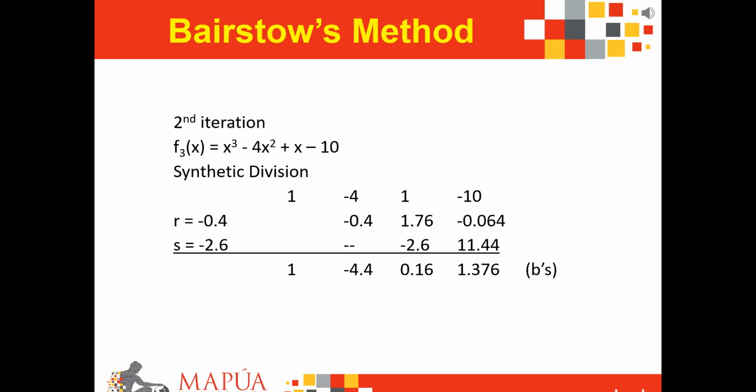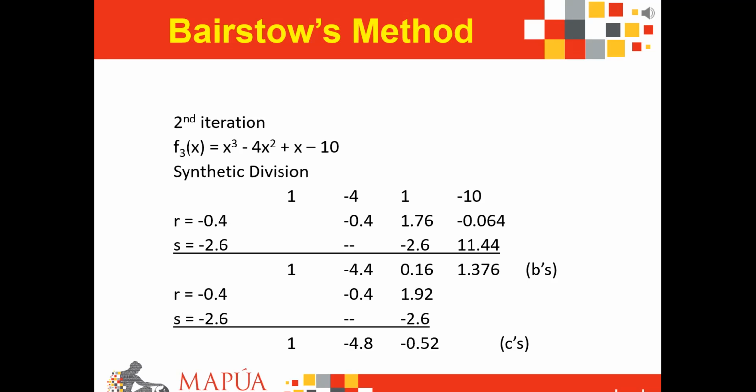Notice that as we continue the process, your remainder B0 should eventually approach 0, showing us that we have evaluated one of the quadratic factors given on your cubic function. Continuing then our synthetic division, in order to evaluate the second level values C's, we then continue the synthetic division, thus giving us a C3 value of 1, a C2 value of -4.8, and a C1 value of -0.52,